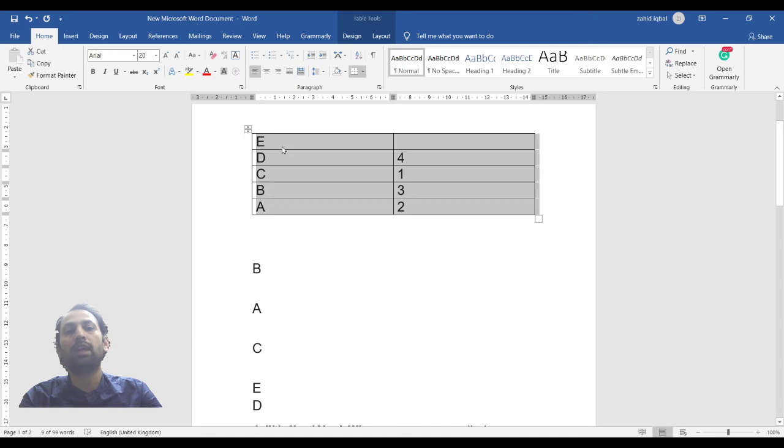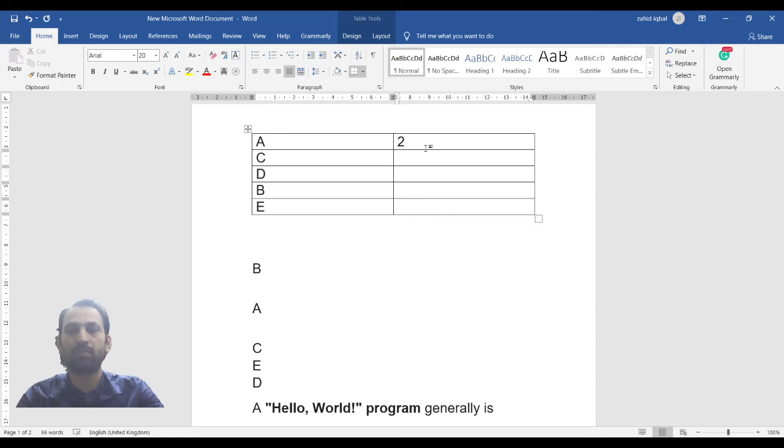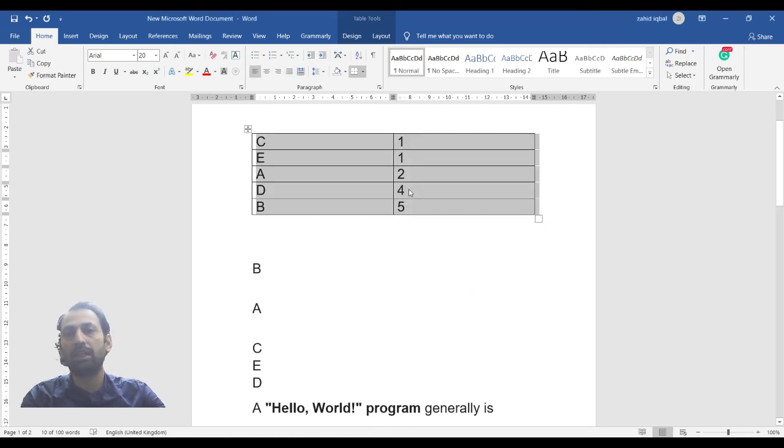The same formula is applied to numeric data. Let's see. First I'm going to arrange the numeric data in random order: 2, 1, 4, 5, 3. How can we arrange this data in numeric order? Select the data and click on the sort button, then choose Column 2 and select the ascending order, then click OK. The data is automatically arranged in